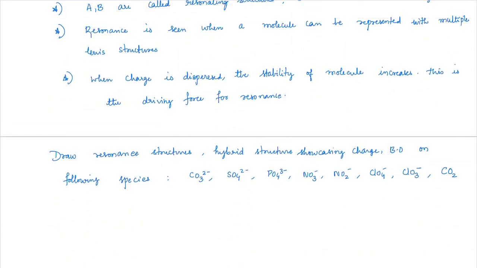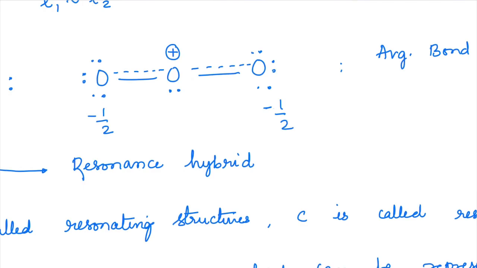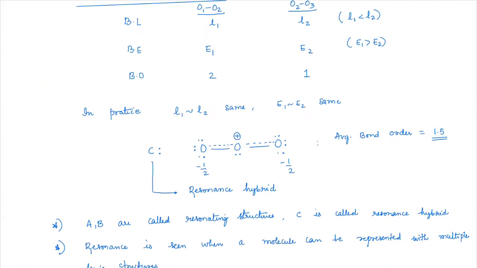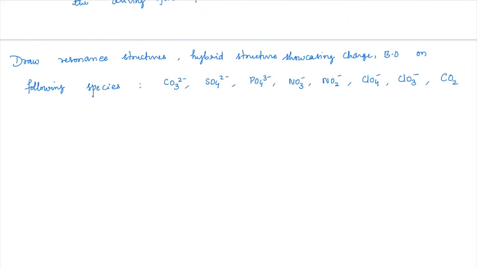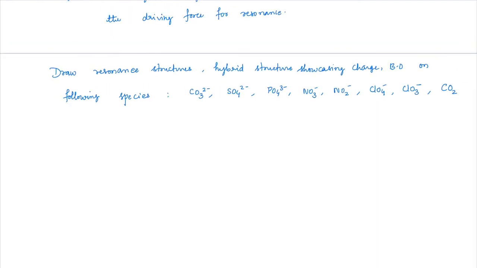So try this, how the hybrid looks like how I have written this for O3. This is the hybrid structure. So first you have to write the canonical structures, then write the hybrid structures for all of them. After writing the hybrid structure, you would be able to figure out a lot of reasoning for it. Okay, so how the stability is, how the bond length is, bond order is. Okay, so everything can be explained. Yeah guys, you guys got this?